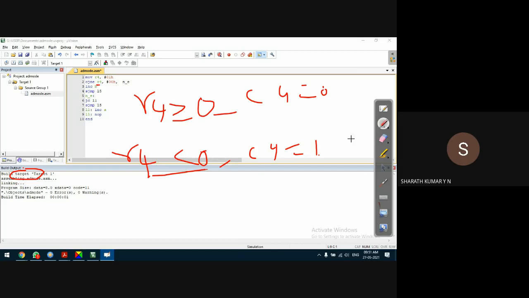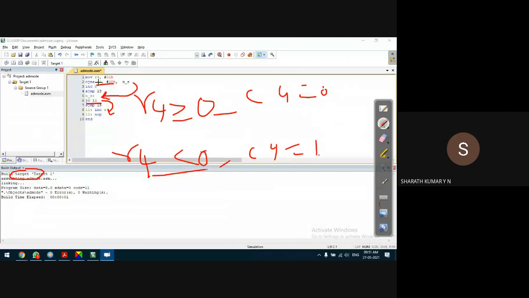So in this case, we are checking two data. If not equal, it goes to NE. In NE, we'll check the carry. See, it has taken a jump. If carry is set to 1, it will go to L1.